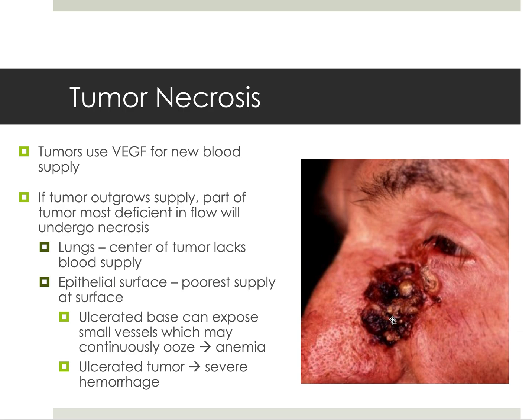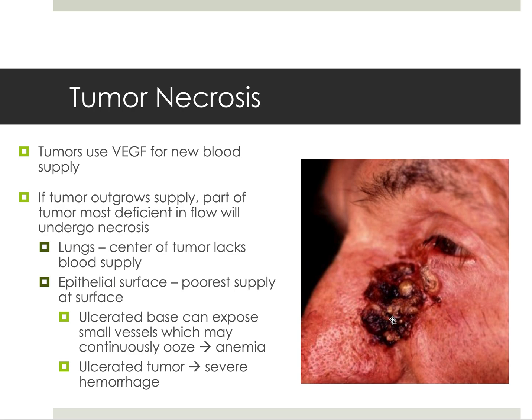And that's going to be determined by where the tumor is. So for example, the way that tumors grow in the lungs means that the center of the tumor is furthest away from the blood supply. So that would be the site that's necrotic. On the epithelial surface, the most distal epithelial cells have the poorest blood supply. So this ulceration, it continually oozes,